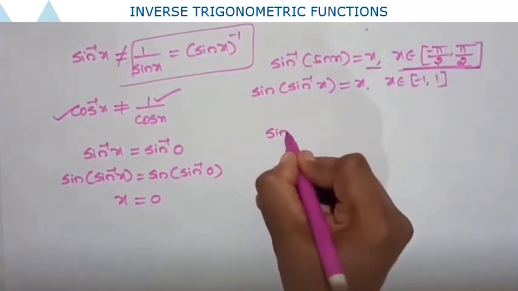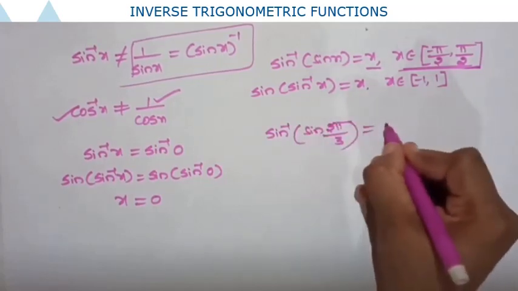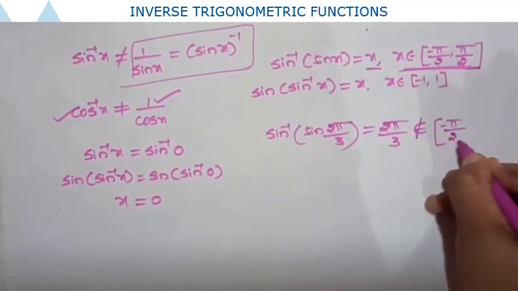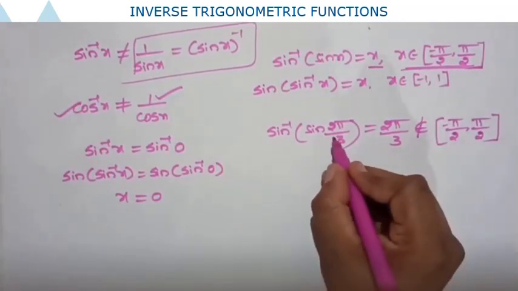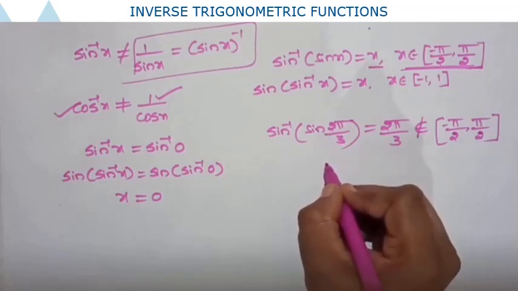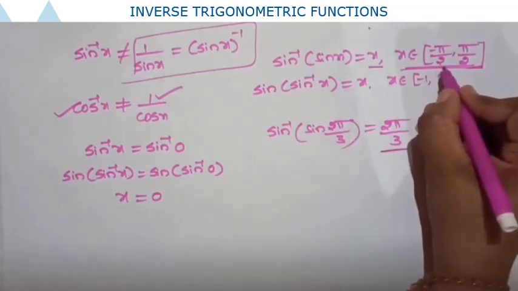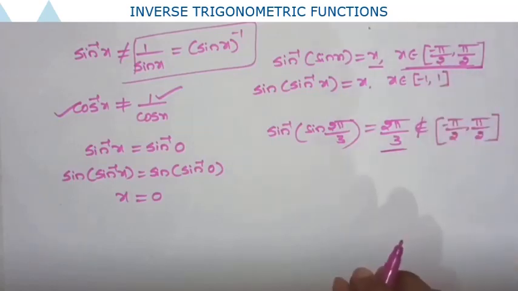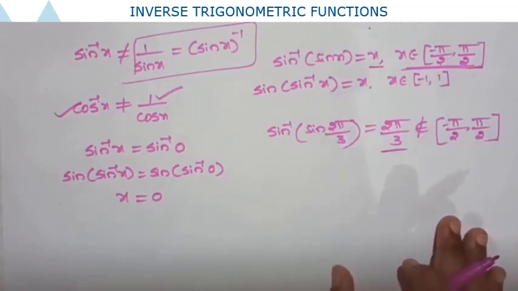Suppose they have given sine inverse of sine 2 pi by 3, find the value. If you write 2 pi by 3, this is wrong, because it does not belong to the closed interval minus pi by 2 to plus pi by 2. So for this one we reduce to an acute angle, then we find that value. Don't write directly 2 pi by 3. You should know where your x belongs: x should belong to the closed interval minus pi by 2 to plus pi by 2, and similar rules are applicable to all trigonometric and inverse trigonometric functions. This is very important.